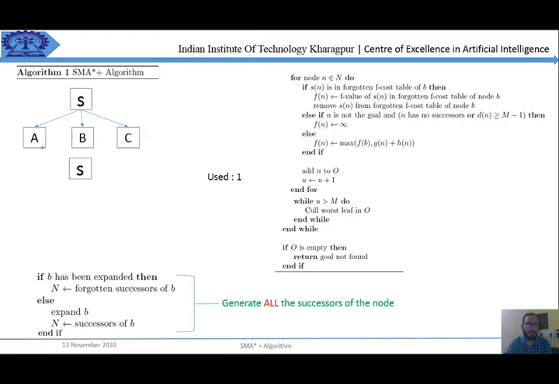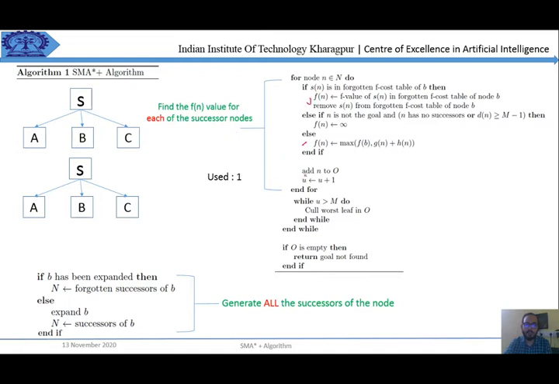So what it does is that it will start with used equal to 1. Then it generates all the three elements simultaneously. After generating the three nodes, it will increment each of the fn values of a, b, and c, either using this or this or this. It will update the value of all the three nodes, and accordingly it will increment the used one.